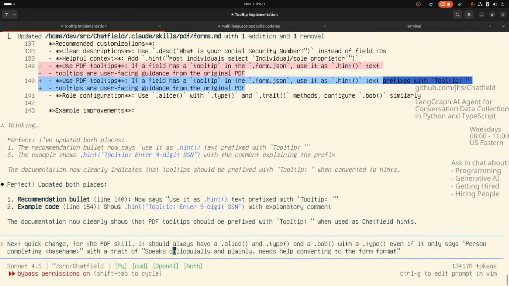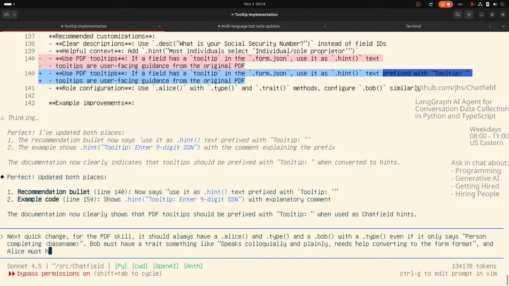Speaks colloquially and plainly. Okay, yeah, let's just do it. It should always have Alice.type and a Bob.type, even if it says Bob must have a trait, something like this, and Alice must have a trait of, this is it,